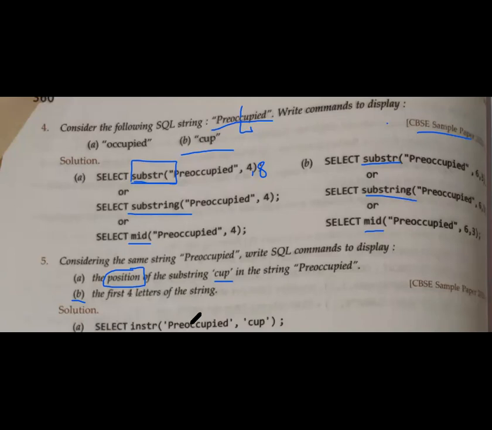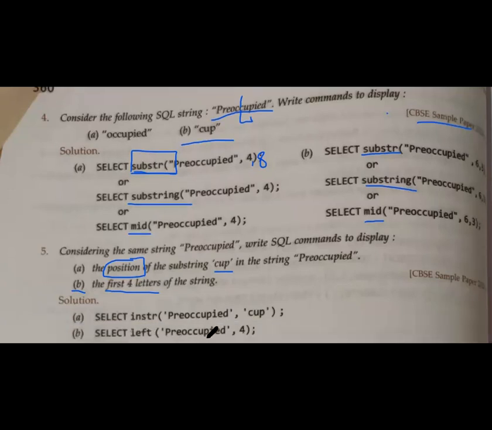See, basically what we want, it is given that first 4 letters. So either from the left side, meaning we will be using the left function, or we can use any of these functions, substr, substring or mid. If we are using the left function, ultimately we write left, then the string, comma 4. Remember, it is compulsory that you write the string either in single quotes or in double quotes. And if you are using substring, substr or mid, in that case you have to pass two arguments. First will be 1 and second will be 4. It means from the first position you want the next 4 characters.